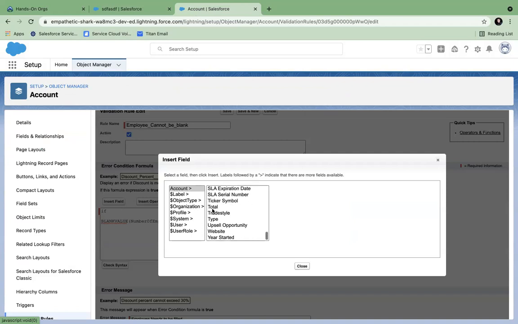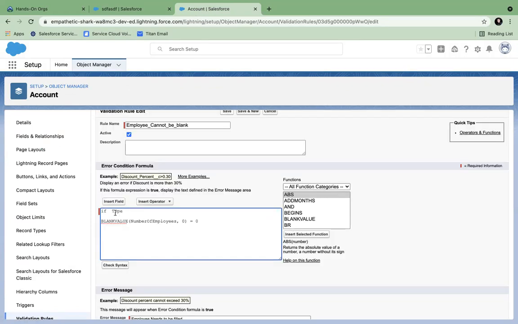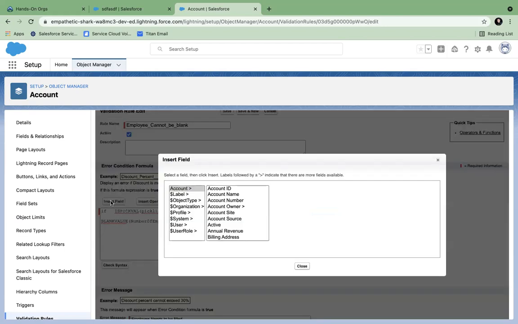If type field is there, right? Type. It's a pick list field. When you are using a pick list field, you have to use the function ISPICKVAL. So if I now insert that pick list type,